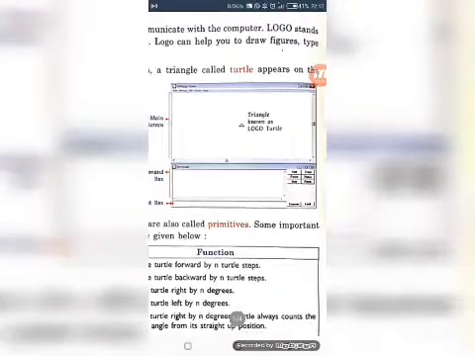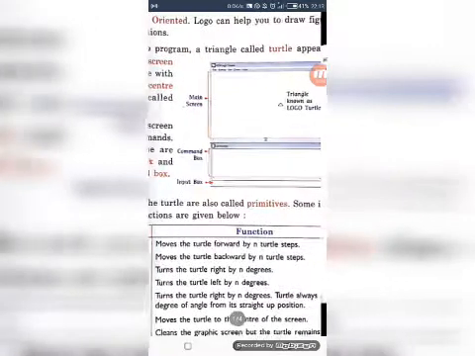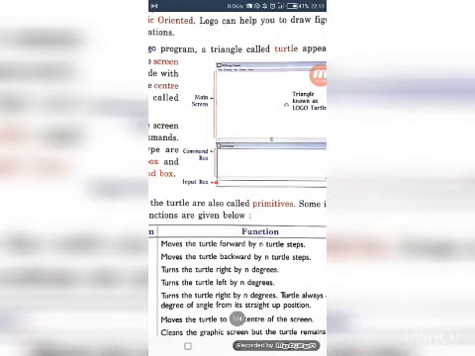This is the main screen where we draw the shapes, perform calculation, etc. Our turtle is present on main screen, and when the turtle is present at the center of screen, we call it home of turtle. This is command box, which is below the main screen. In this command box you can see which commands we have used to draw a particular figure.